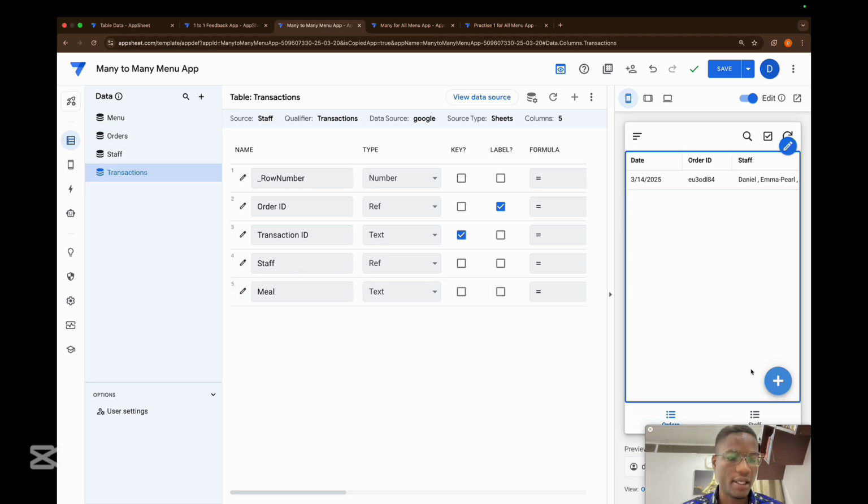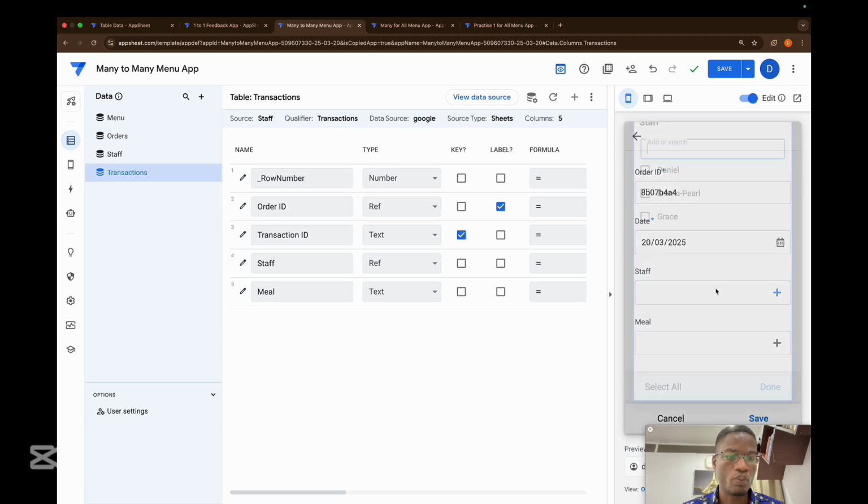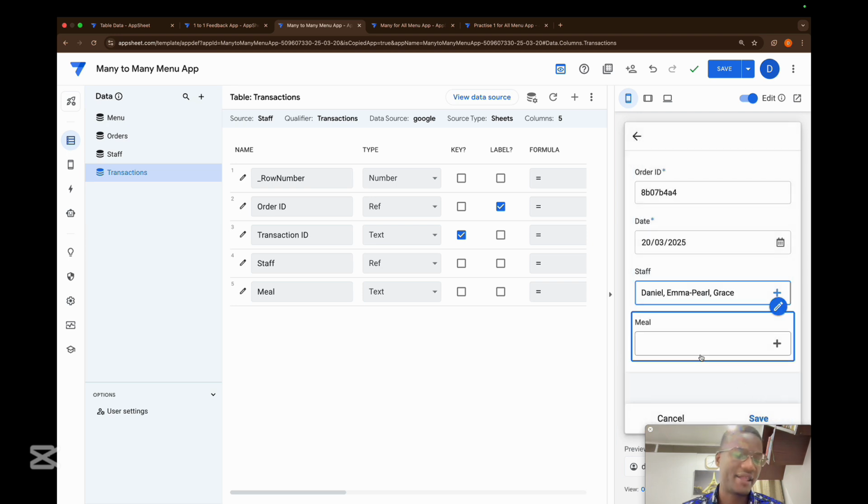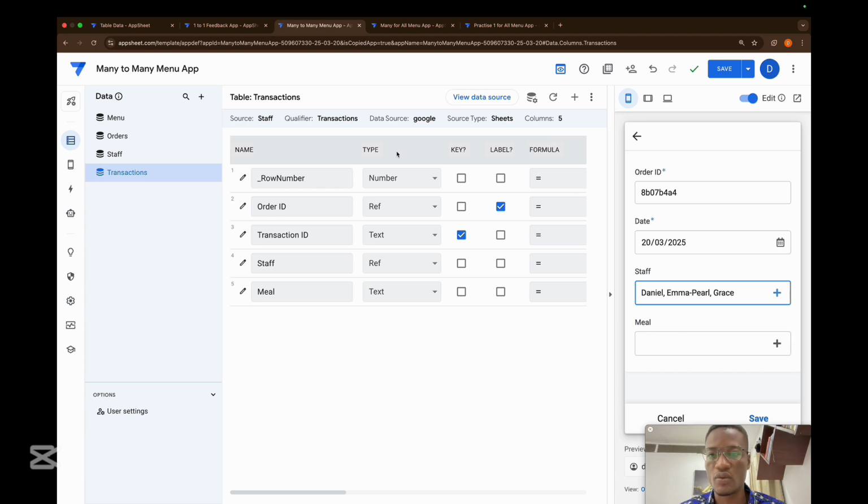When you click here in orders, we want to be able to select some items like this, and then we should have the option to provide each individual's meal. Like we did in the previous application where we provided feedback for each individual, this time around we provide a meal for each individual. So we need to create placeholder columns for this as well. When you click view data source,